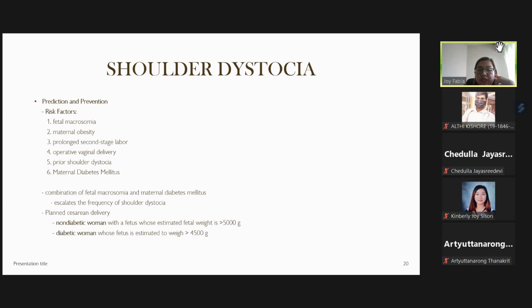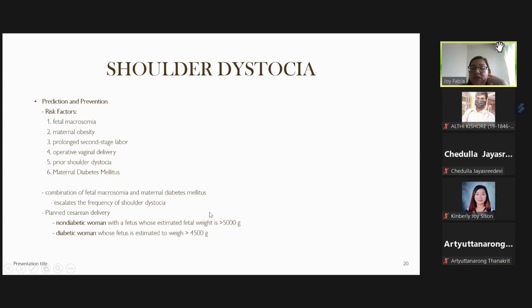So, what do we do? We can do a planned cesarean delivery. We usually offer a planned cesarean delivery for non-diabetic women whose fetuses have an estimated fetal weight of more than 5,000 grams. But for women who have diabetes, we usually advise cesarean if they have an estimated fetal weight of more than 4,500 grams. But actually, these are only